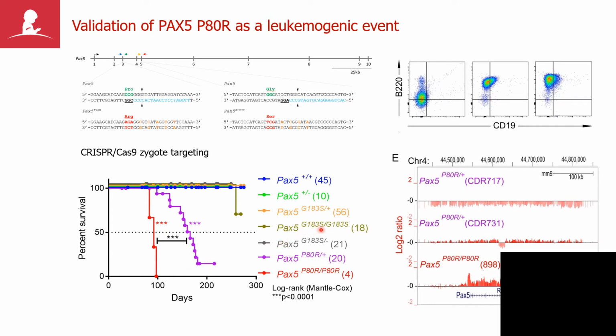This is in contrast to a second mutation called G183S that's found in familial BALL that I'll come back to a little later in the talk, but here we found that this presumably is a very mild mutation and it did not generate leukemia, at least not without secondary mutagenesis. The leukemias were pre-B-cell in phenotype, as we see in human leukemia, and when we performed comparative genomics of the mouse tumors, we found that there was a broad or focal deletion of PAX5, or here in a case of a mouse with homozygous P80R, there was indeed amplification of the mutated copy of P80R, increasing its oncogenicity.